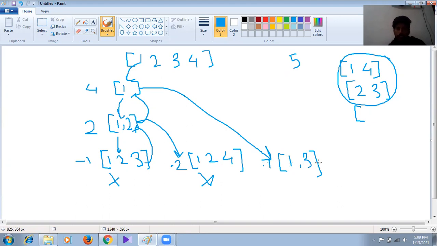At this stage the target is 4 and we are taking element 3. The target is 4, and we subtract 3, which gives 1.